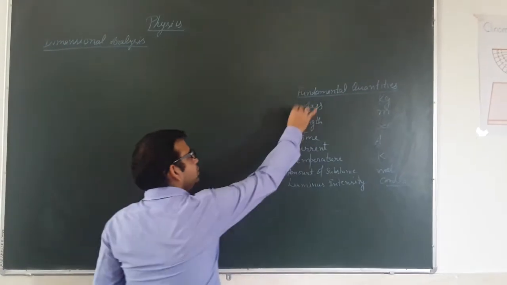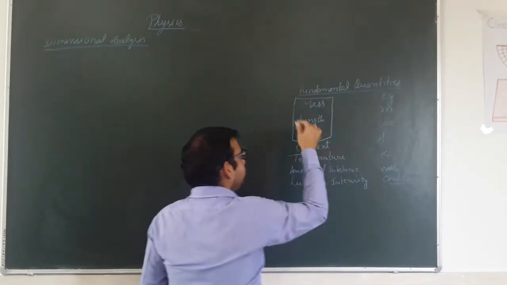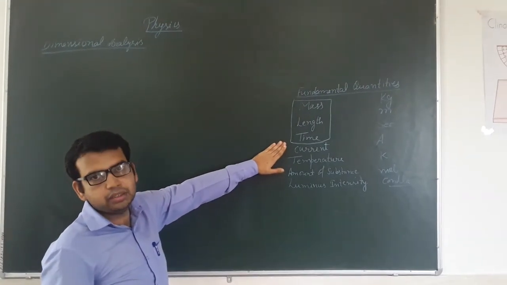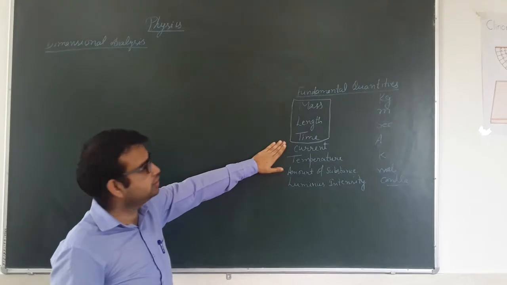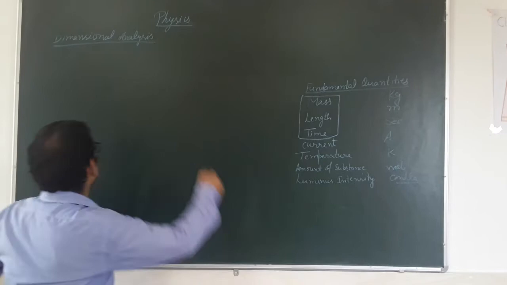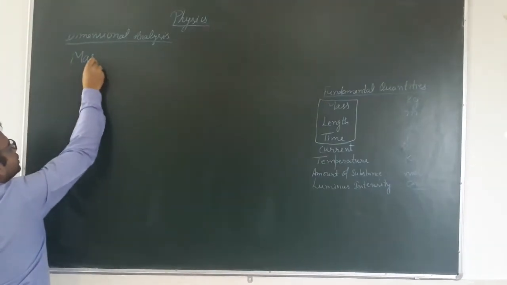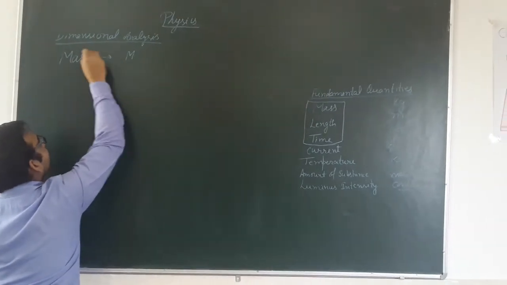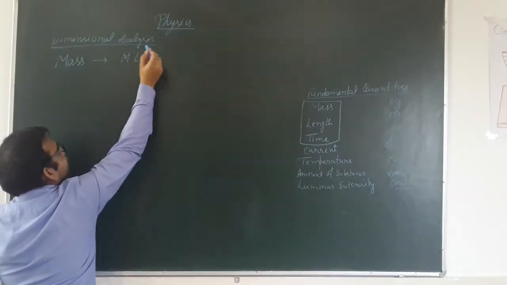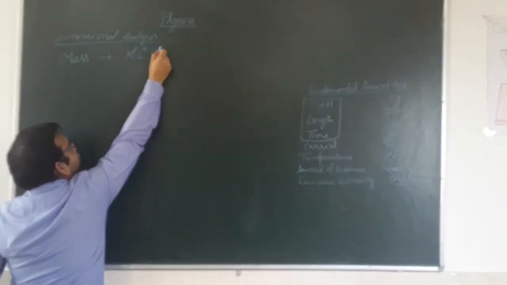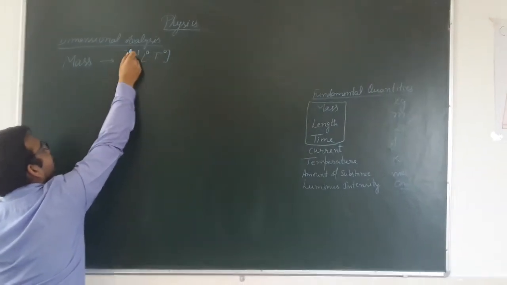So we will choose these 3 and try to represent every quantity in only these 3 fundamental basic quantities: mass, length and time. So how will we represent? We will see. Let us firstly write mass. So mass we can represent like this: M, L and T. Mass, only mass is there, length is not there, so 0, time is not there, so it will be 0. And we will close in this kind of bracket.